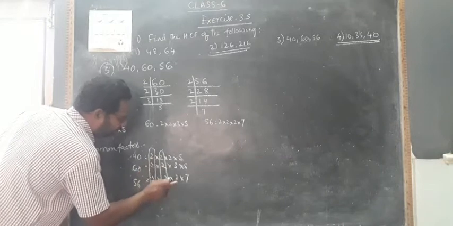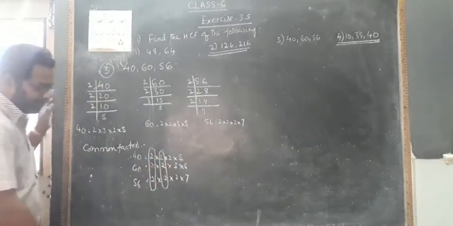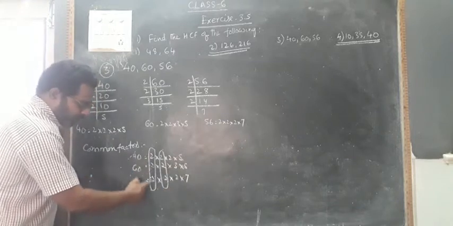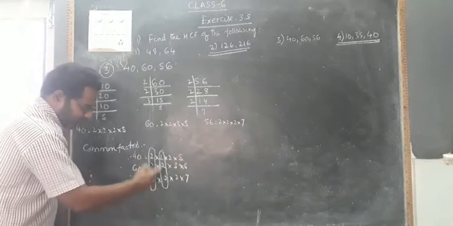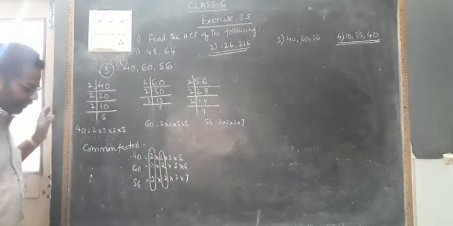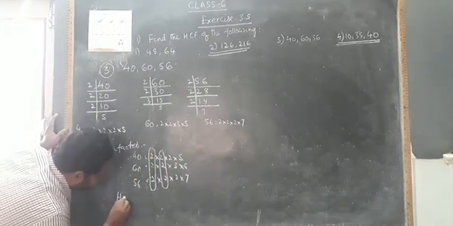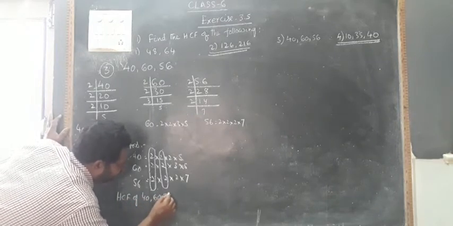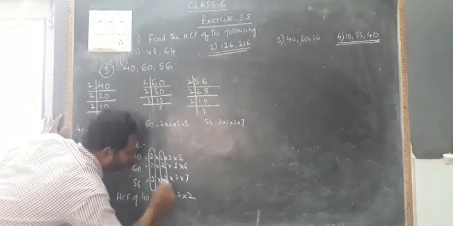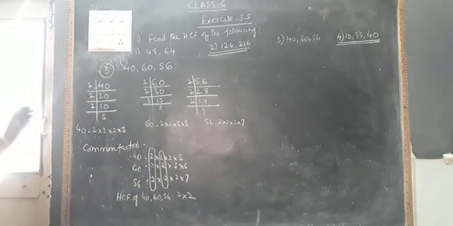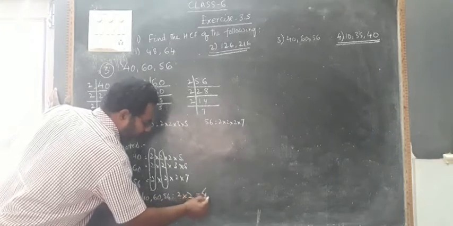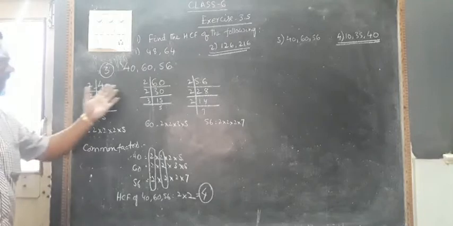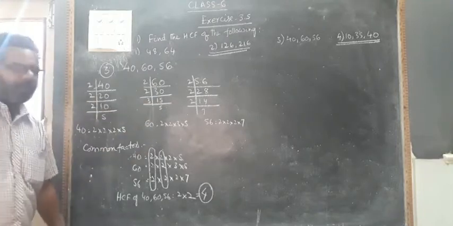Because here 2 is there, here 2 is there, but here 2 is not there for 3. 5 is there, 5 is there, but here 5 is not there. So only 2 is common, and this is only 2. So, 2 and 2. We can write HCF of 40, 60, 56 is equal to the highest common factor, meaning we have to multiply the common factors. That is equal to 2 into 2, which is 4, the highest common factor. Understand? Any number of numbers, no problem. 3 numbers also no problem for us.